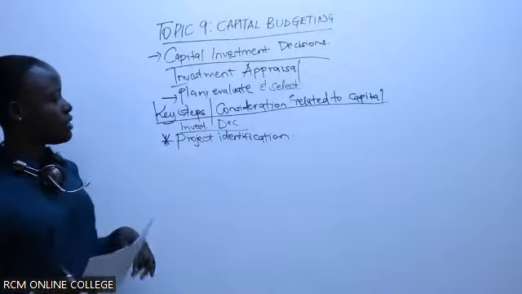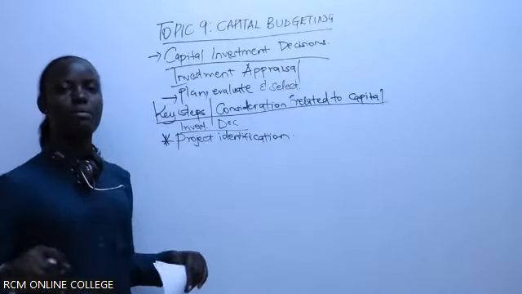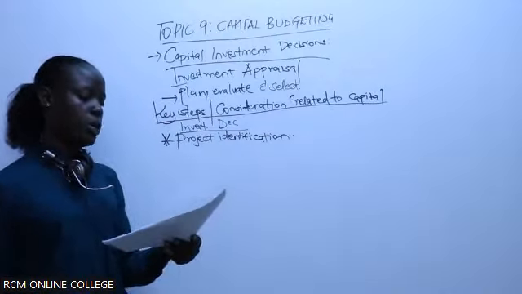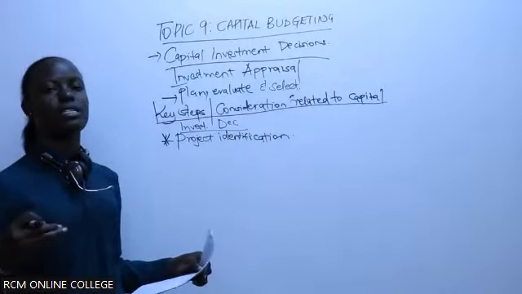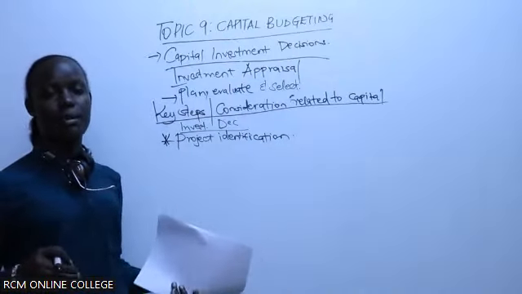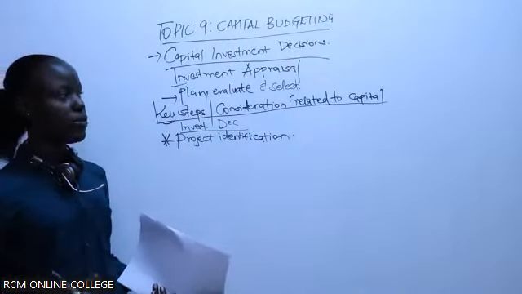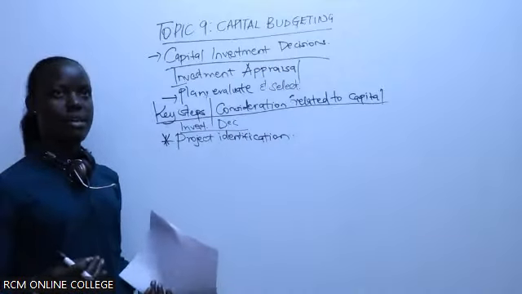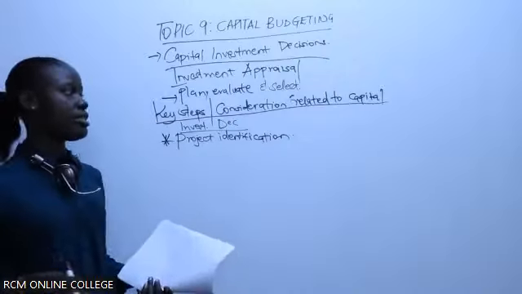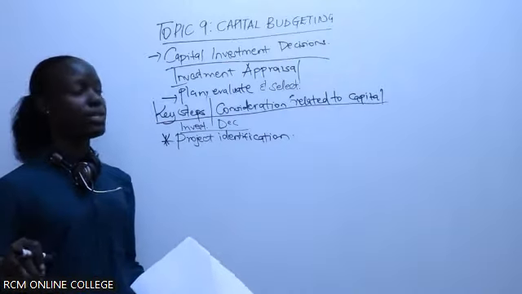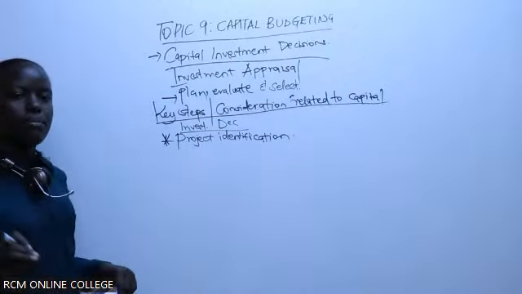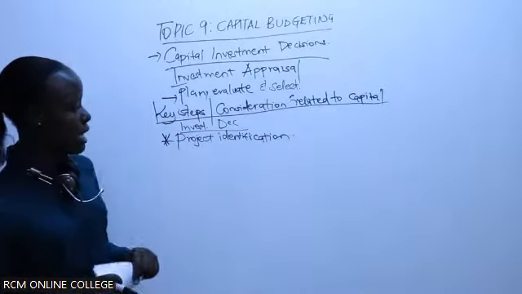This can include, for instance, are you planning to invest maybe in an existing project? Do you want to expand this project? Or are you planning to launch a new product within maybe your company? That is a project on its own. For you to come up with a new product, for instance, you maybe assess its marketability, its viability, and finally you launch this product. It's a project on its own. So you identify the specific project that you want to venture in.